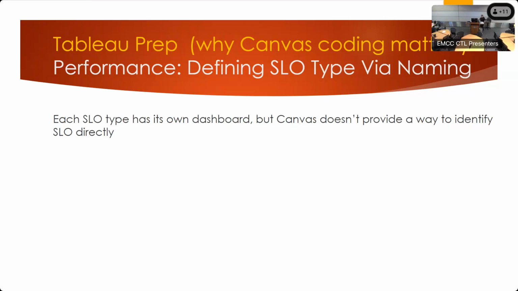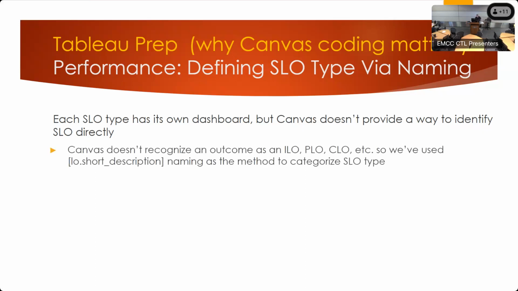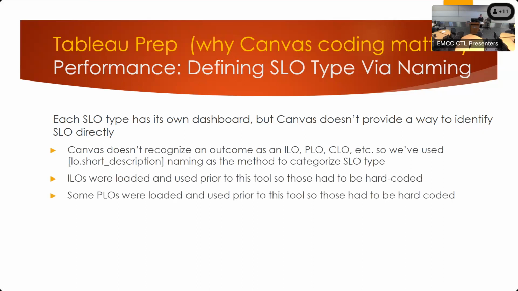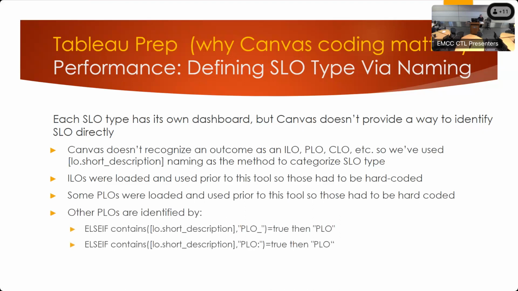So I had to use tricks. If it knew it was an ILO, I wanted it to pick that up automatically, but there are going to be instances where you don't know. That's where the hard coding comes into play. For our ILOs, all of them had to be hard coded. For our PLOs, some did. And I kind of used the logic of